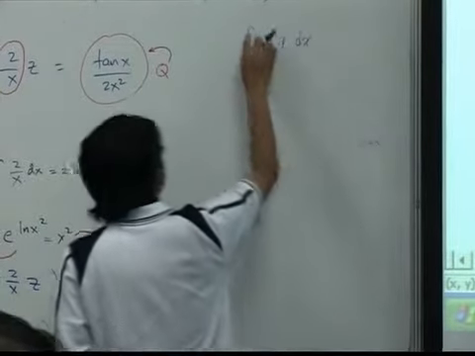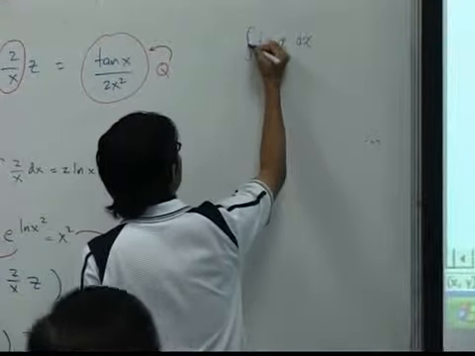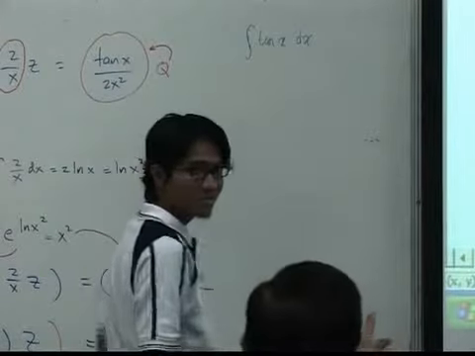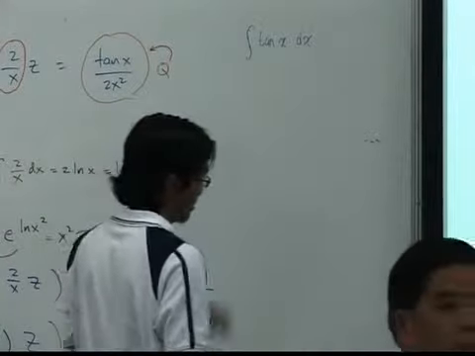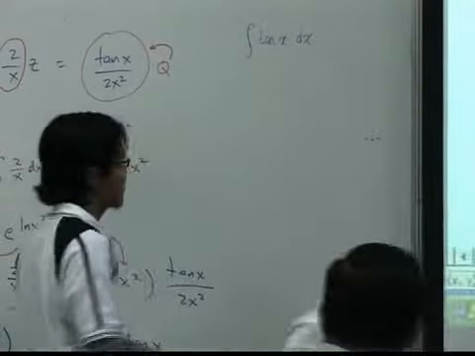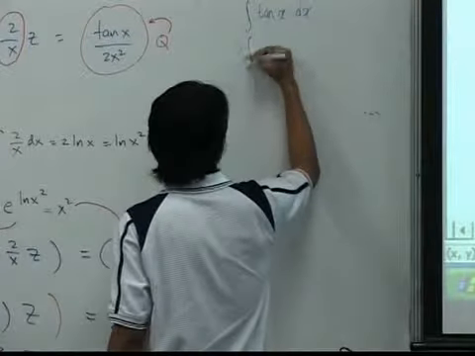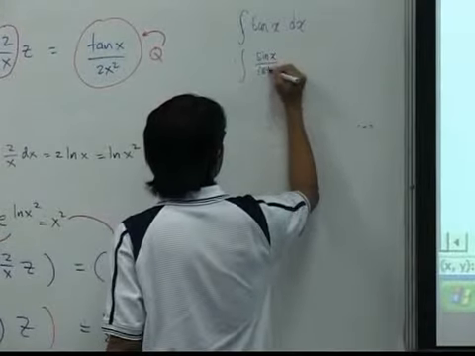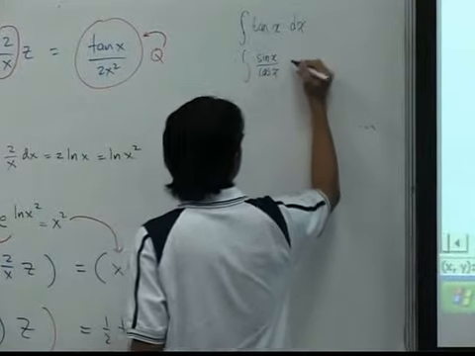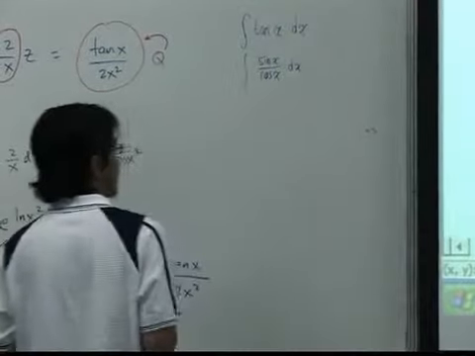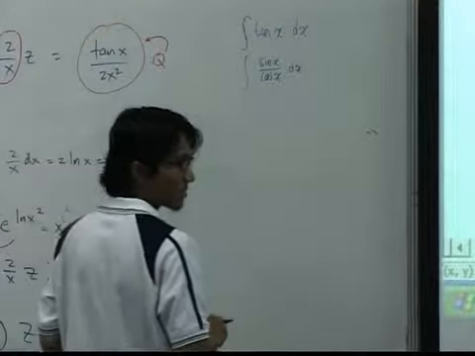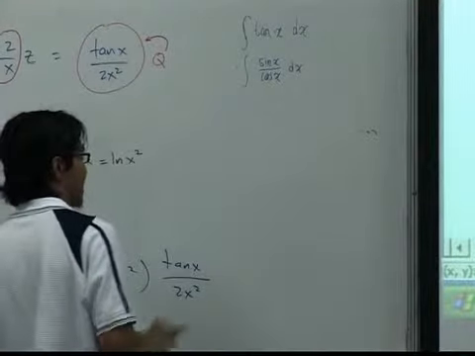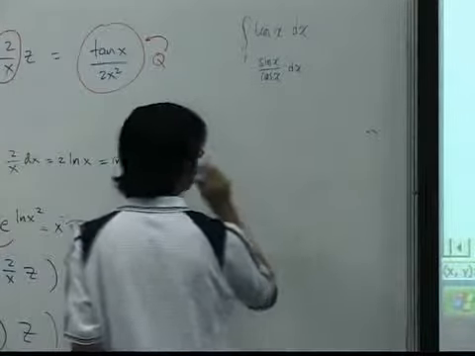Okay. How can we help him? Tangent x can be of what form? Sine over cos. Okay, try. Write down tangent x in terms of sine and cos. In your mind, it should be sine over cosine. Now, what happens next? What should you do so that it will become in the form of ln?